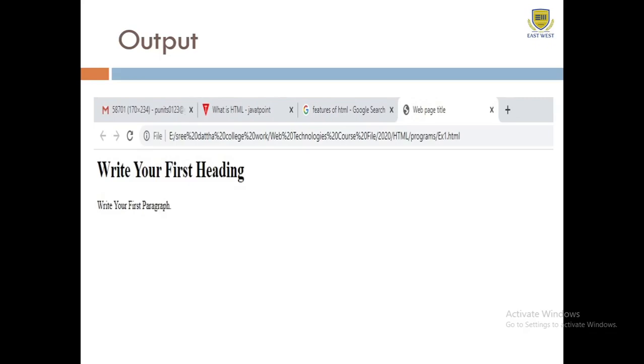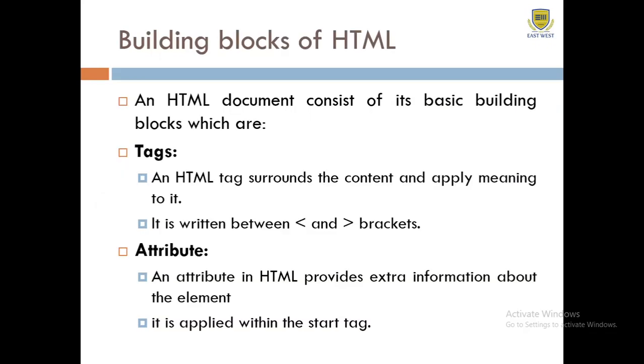Hope you got a similar output to what you just observed on your web browser. Next we are going to see the building blocks of HTML. An HTML document consists of basic building blocks.